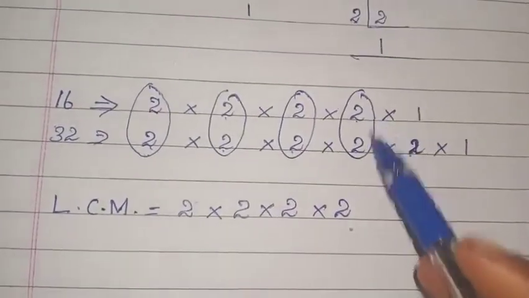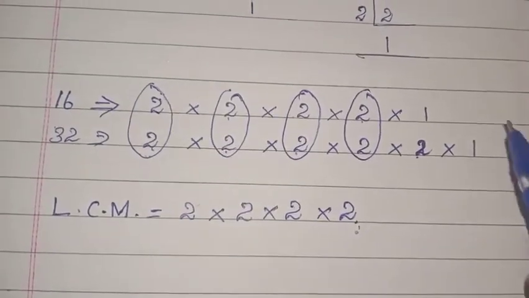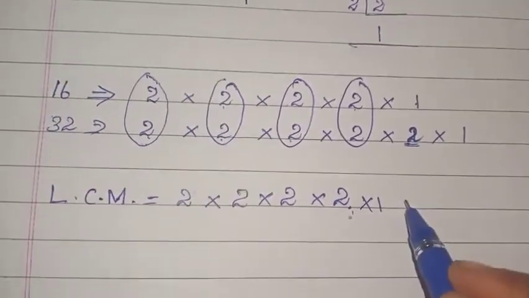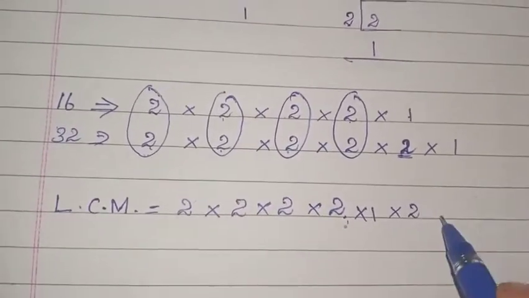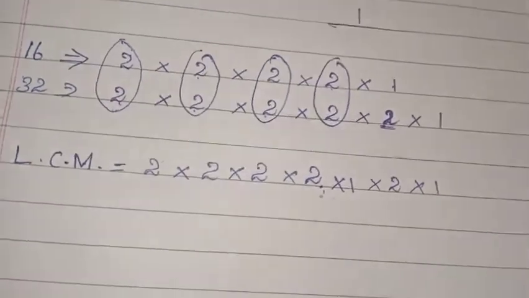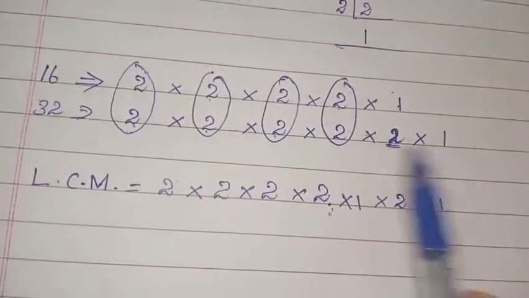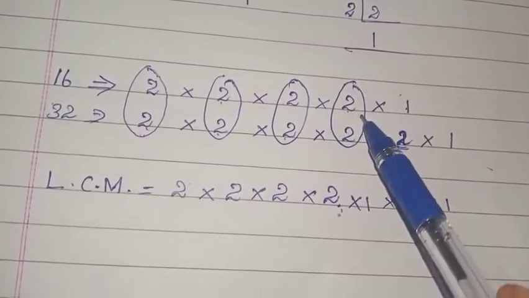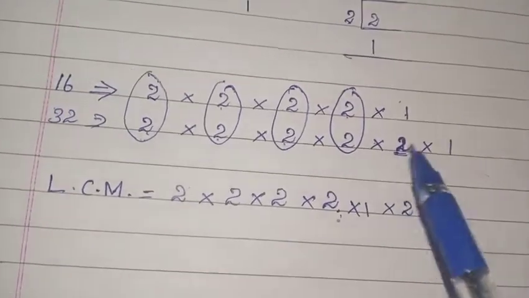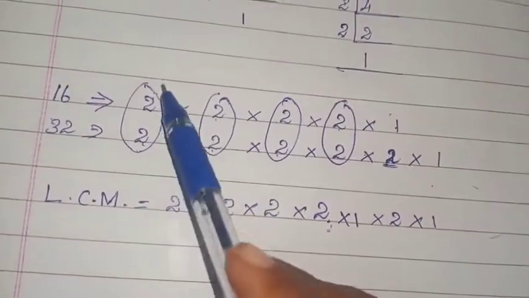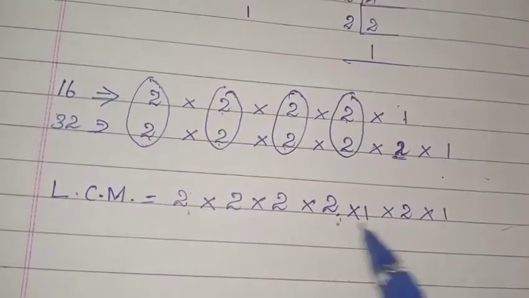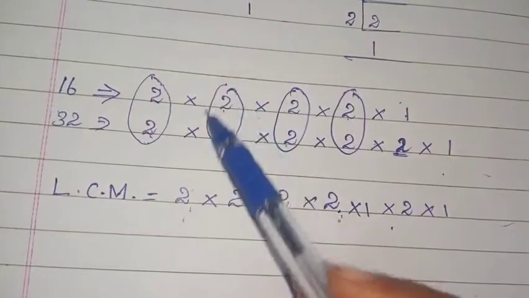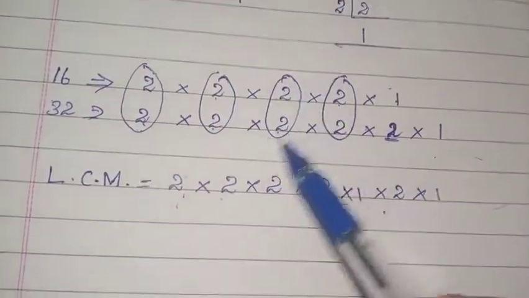This is common, so this also you have to write 2. You can write one 2 alone, no need to write two 2s. Then here we have 1, and here we have another 2. The left out numbers, everything you have to write here. But in the HCF, we will not write the remaining, the odd numbers. We will take the pairs alone. But here we have to take the left out numbers also. Instead of the common ones, we write one each. So instead of that, we have written one 2, one common 2, another 2.